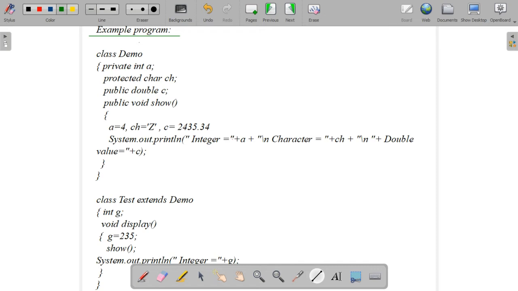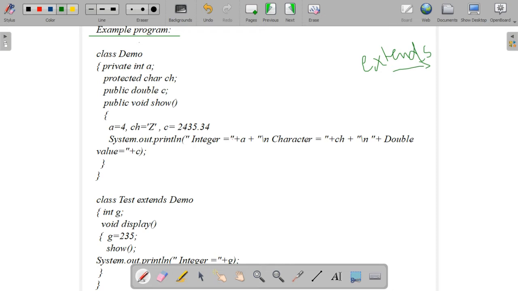Superclass is considered the parent class or base class. Subclass is the child class or derived class. We derive a derived class from the base class by using the keyword extends. Extends is the keyword we use to inherit. All of this we discussed in the last video, part 1 under section C.